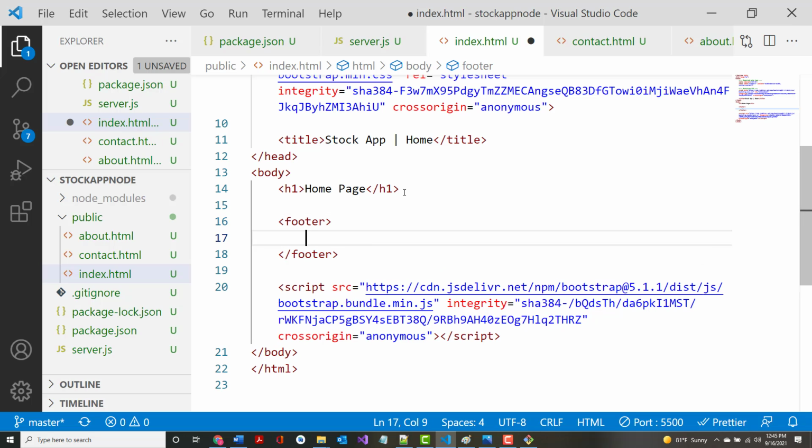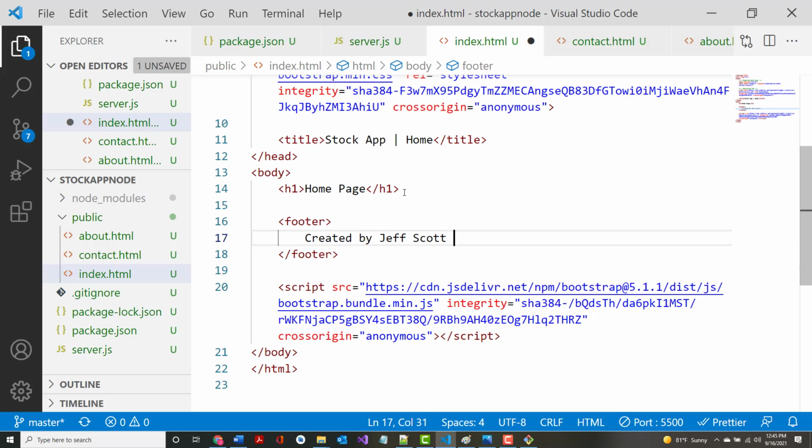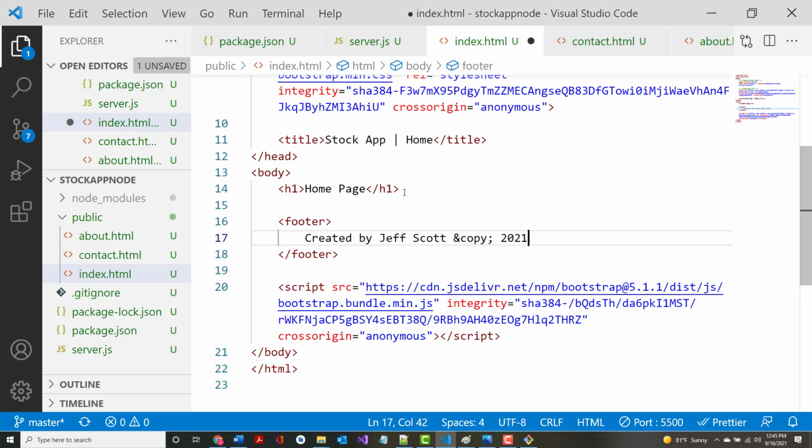All right, and we'll just put "created by", put your name in there, don't put mine, ampersand copy 2021. You already know what that does. I should not have to talk about that with any of you. That should make sense. And then grab that footer,